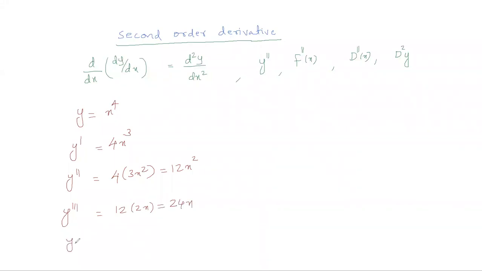Like that, process will continue. Fourth derivative, so it is 24. And here you can see that if you find the fifth derivative, the value become 0. So like this, that's all. Second derivative मतलब first derivative